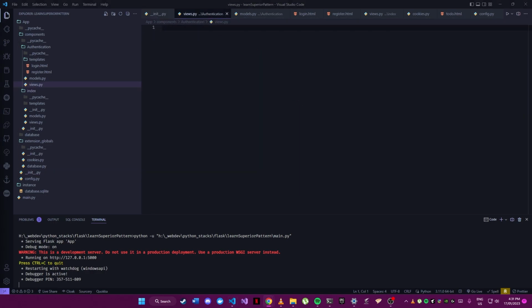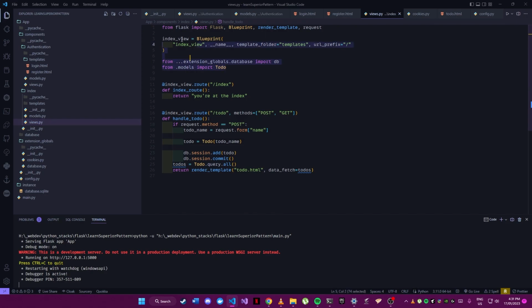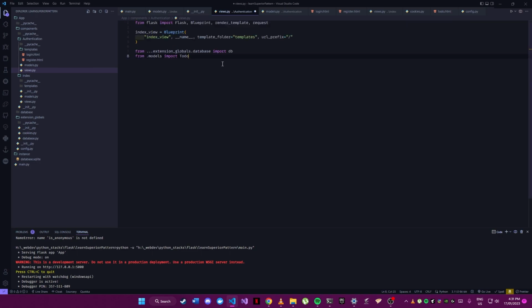And on that note, let's try to implement some of the logic that we're going to use to actually apply the authentication operations. So over here, I'm just going to copy and paste some code because we don't need to write it again. So instead of index view, we're going to say authentication view. And we're gonna say paste this and say auth. Through this, the users, and let's just make a dummy index for the auth. So we have the auth URL prefix. What we can do now is we can say authentication view dot route, and we can say /register, def register, and we can say return